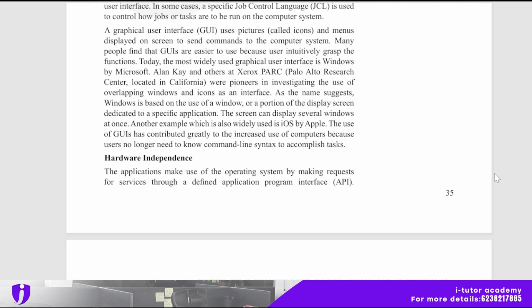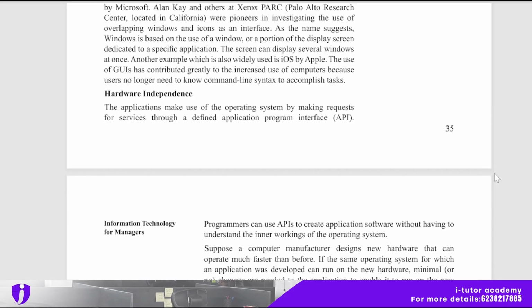A graphical user interface uses pictures, called icons, and menus displayed on screen to send commands to the computer system. Many people find that graphical user interfaces are easier to use because users intuitively grasp the functions. Hardware independence: the application makes use of the operating system by making requests for services through a defined application